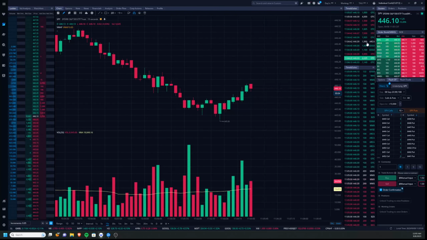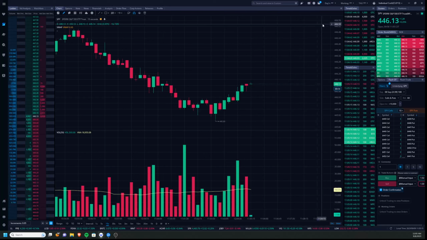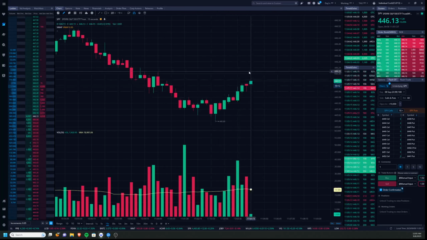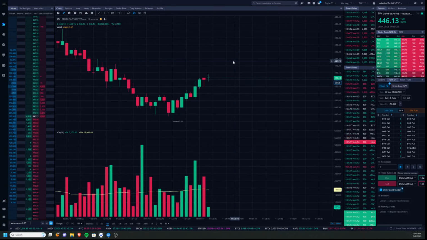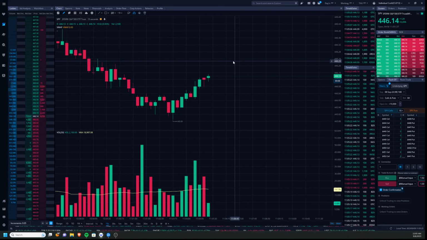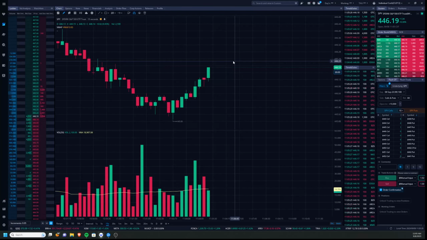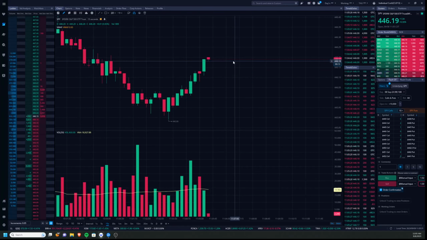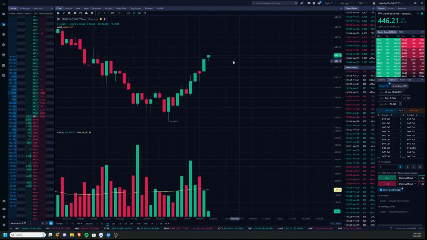I need to be able to see what the volume's doing, and I need to track that on the chart. So in case I miss it, it's already tracked on the chart, right? So that's very important to be able to time these tops and bottoms, guys. If you are not able to use volume this way, you are probably not going to get sufficient entries and exits, and that is